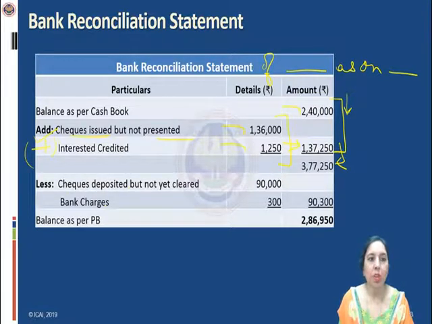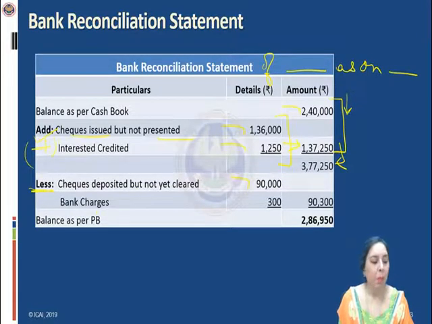Now out of these, the balances which are to be reduced are 2. Checks deposited but not yet cleared. So you have entered in the cash book debit side. That means cash book balance is increased, but passbook balance is not increased. Hence this is to be subtracted. So we are subtracting it or putting it under the less column. So less: deposited checks but not yet cleared, 90,000.